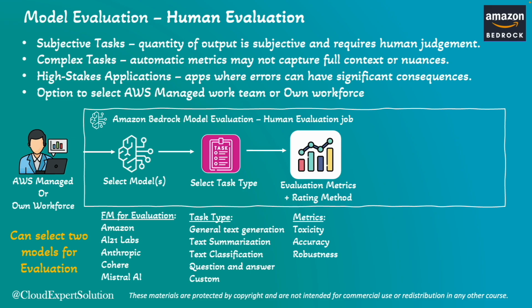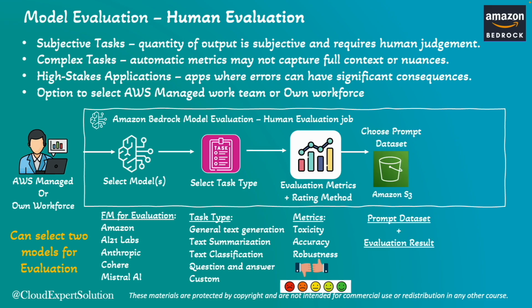And in terms of rating methods, how the human evaluator will rate their observations, you can choose either thumbs up or thumbs down, or you can choose Likert scales. You can choose different rating techniques for different metrics. Once you have selected the task type, evaluation metrics, and rating method, the next step is you need to choose the